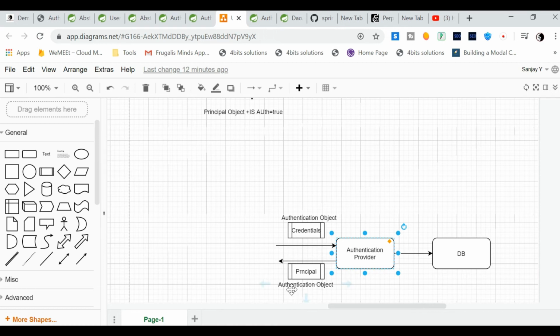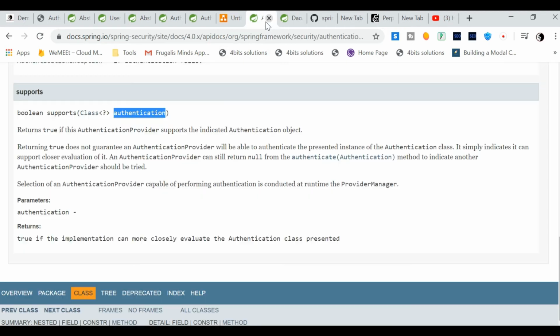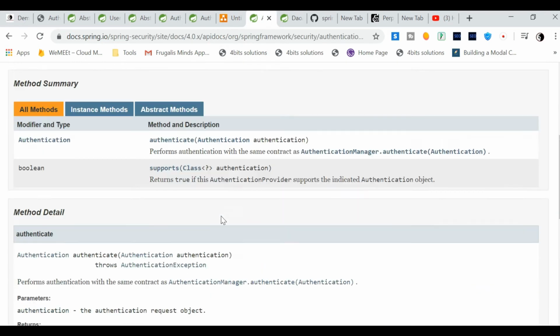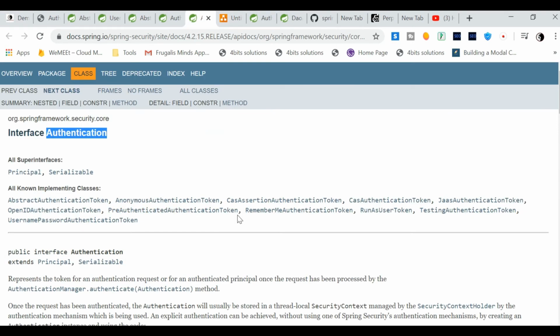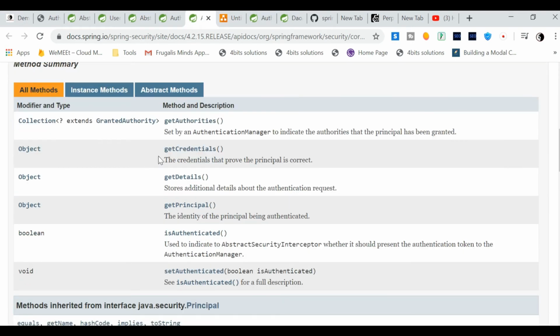That principal is basically the actual authenticated user. Now if you have a look at the authentication interface, there are some methods known as getCredentials, getPrincipal, and setAuthenticated or isAuthenticated. This is used to validate whether the user is authenticated or not from the authentication object.